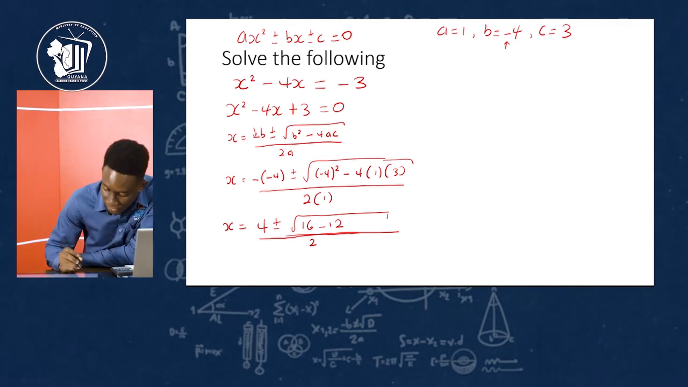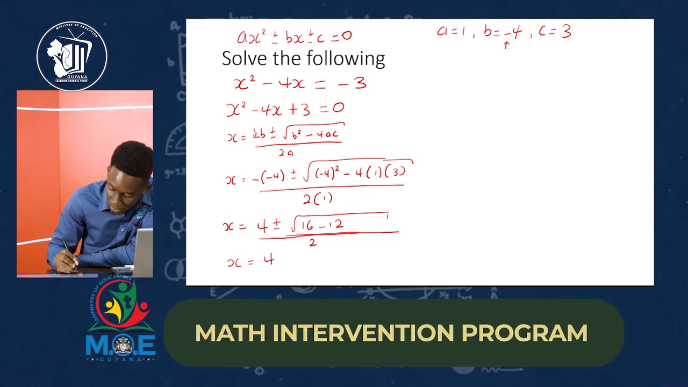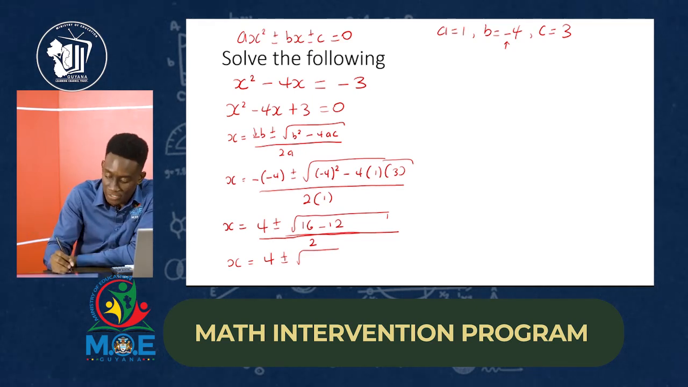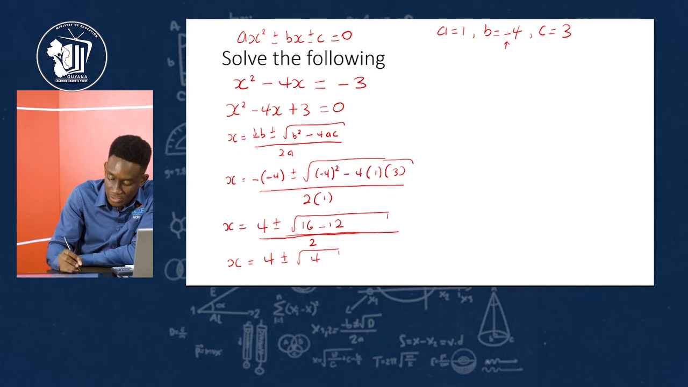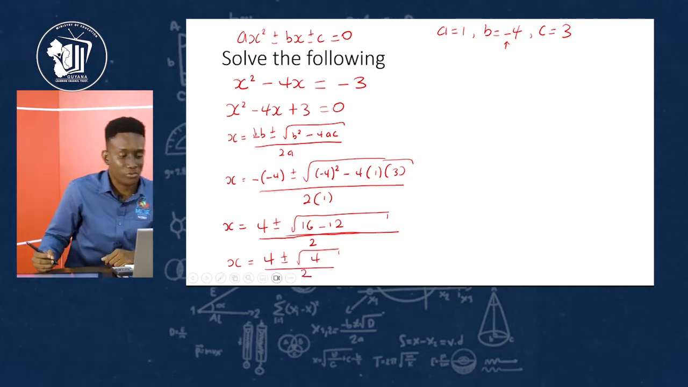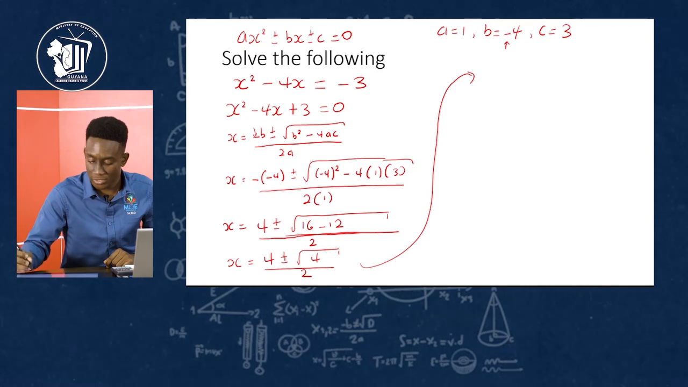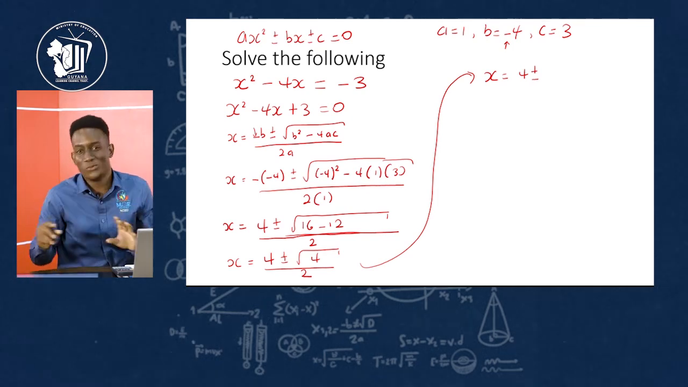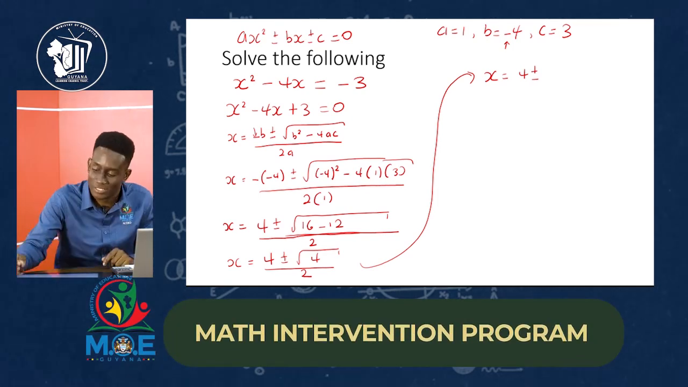Now we take this a bit further. So we'll have x is equal to 4 plus or minus the square root of 16 minus 12 would give me 4. And all of this divided by 2. So you have a very beautiful number to take the square root of. So we take our working up here. So we'll have x is equal to 4 plus or minus, when we take the square root of 4, we'll end up with a lovely 2,